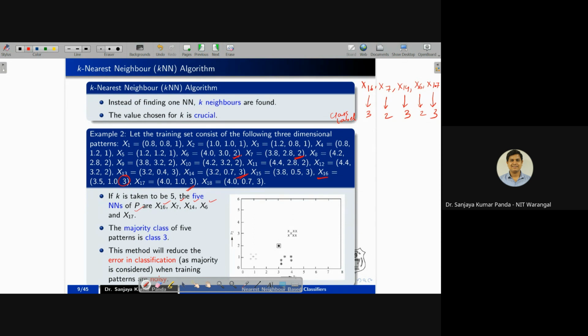Now tell me, based upon majority voting, which class are we going to assign to test pattern P, which is 3, 2? Obviously 3, because class 3 has 3 votes, and x7 and x6 are class level 2, so we have 2 votes. So if you go for the majority class of these 5 patterns, then class 3 is assigned. However, this method will reduce error in classification. It is not completely eliminating the error, but it is